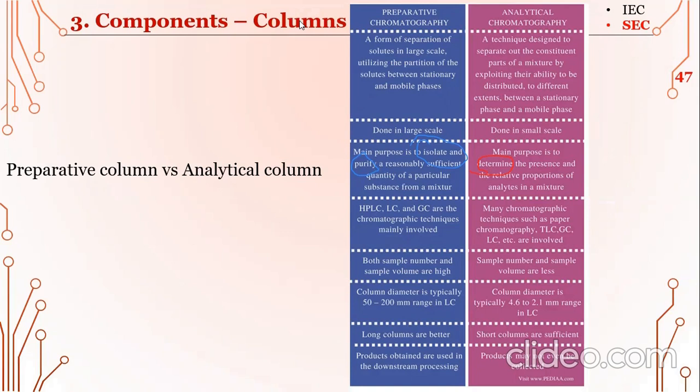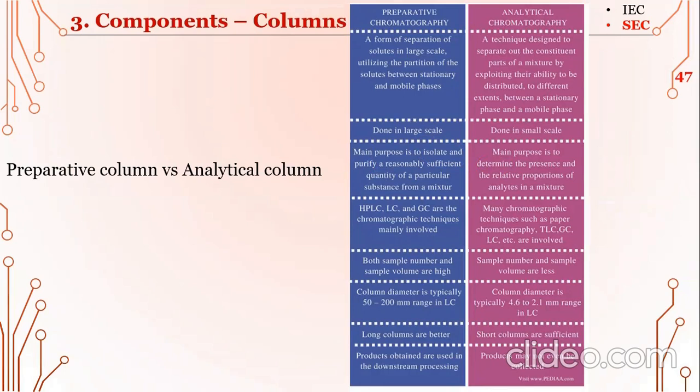सर ये दो टाइप की टेक्निक्स हैं, एक प्रिपरेटिव क्रोमेटोग्राफी और एक एनालिटिकल। और अगर हम लार्ज स्केल पे क्रोमेटोग्राफी कर रहे हैं तो फिर हम प्रिपरेटिव क्रोमेटोग्राफी करेंगे, बट फॉर द स्मॉल स्केल अगर हम यूज कर रहे हैं तो फिर हम एनालिटिकल क्रोमेटोग्राफी यूज करेंगे। जो प्रिपरेटिव क्रोमेटोग्राफी है उसका मेन पर्पज है सेपरेशन करना, आइसोलेशन करना जितने भी हमारे पास मॉलिक्यूल्स या फिर कंपोनेंट्स हैं सैंपल में।